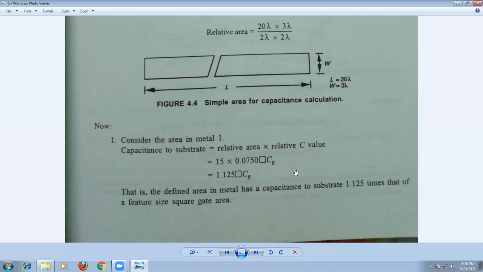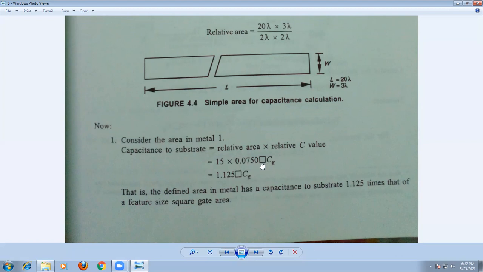Similarly for polysilicon to substrate capacitance, and similarly diffusion capacitance also, we can substitute the value of 1 square CZ equal to 0.01 picofarad. So you get the value in terms of picofarad, right? Like this you can calculate the value of the capacitance either in the standard unit of capacitance or in terms of picofarad. But remember, these are the values for 5 micrometer technology.